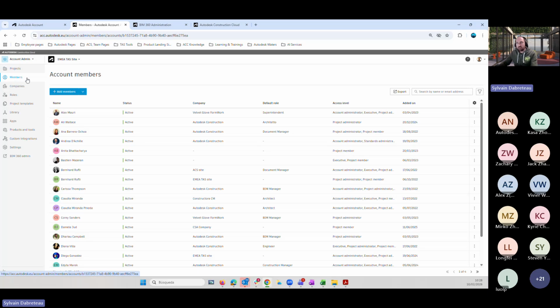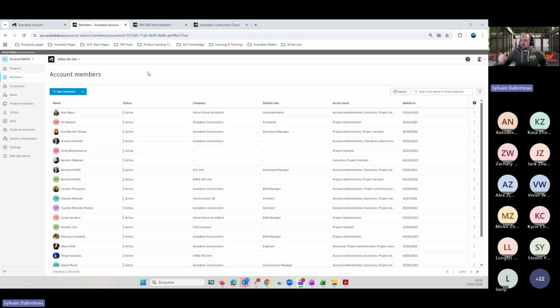So when we are speaking about standardization and centralization of the project management, basically in the account administration, we can add all the people who are likely to be working with us. It doesn't mean that we are assigning subscriptions and licenses, but this is working a little bit like Yellow Pages, where you have everyone in your company, internally, externally. There can be public companies for road questions, etc.